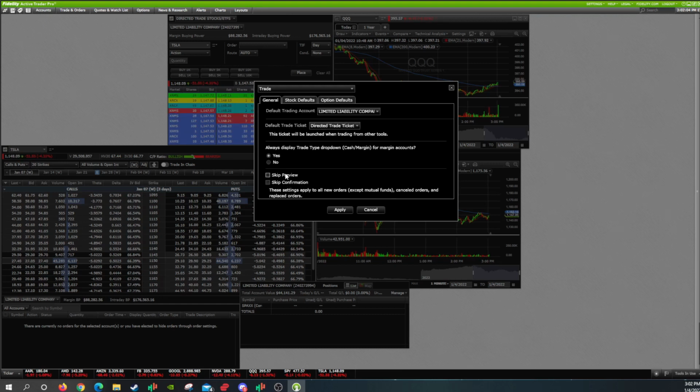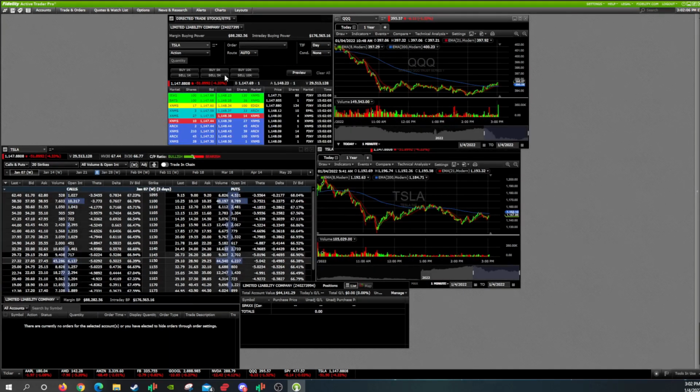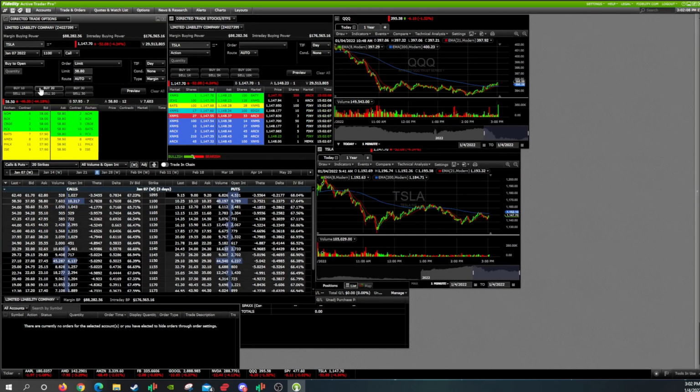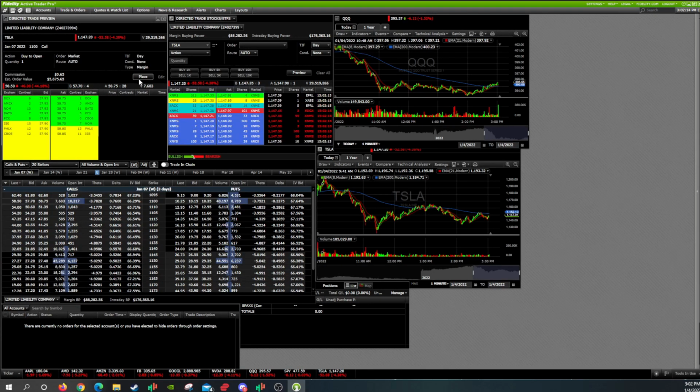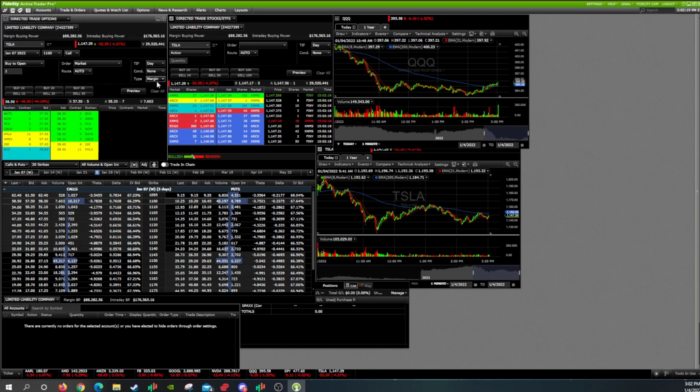For the sake of showing you, if I uncheck both of these and I hit apply, and I go to a thing and I try to buy, I'll click buy and I'll just try to buy one. It's not going to let me. But I preview. So I get to preview and then I have to hit place. So it would show that confirmation and all that. So to get rid of that,